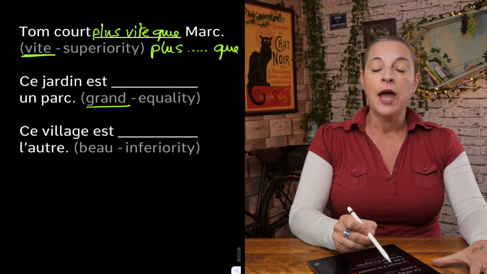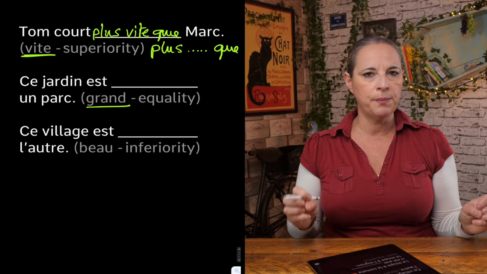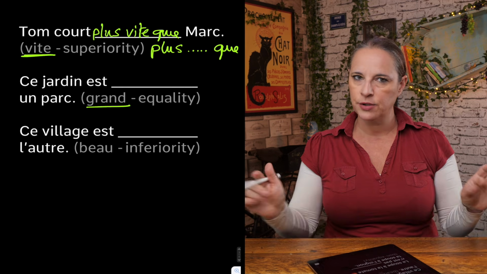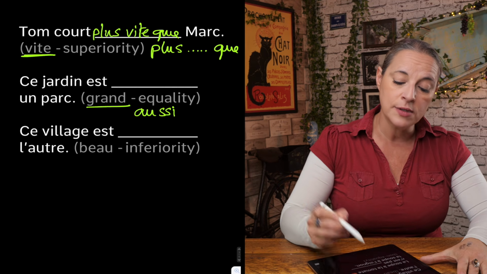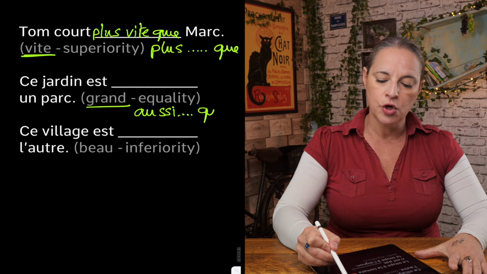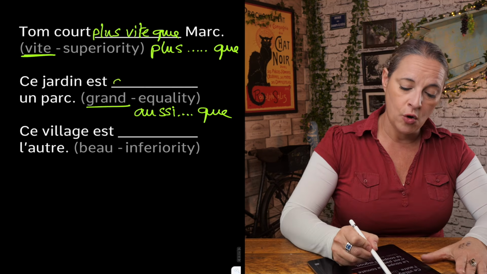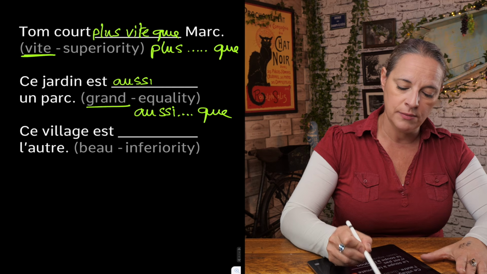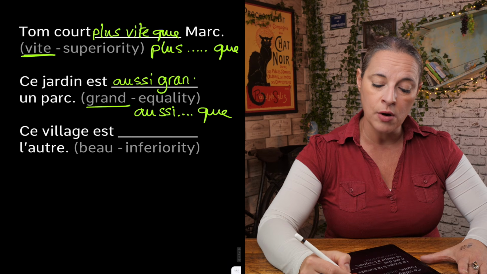So remember what we use for equality? When you want to compare two things but put them equal to each other, it is aussi. And by the way, aussi on its own means as well, okay? Aussi que, okay? So, ce jardin est aussi grand que